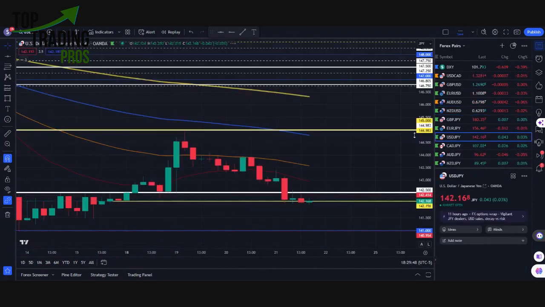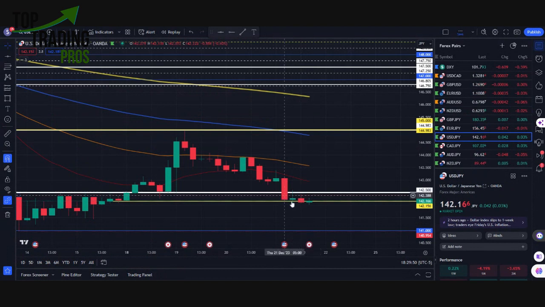And then looking at the UJ idea, again, this one is holding on for dear life here at the weekly open after bouncing, having continued to sell off the entire week underneath all of its moving averages. So we are looking for a breakdown of this weekly open here at 142.156. That's what we're looking for going into the last day of the week.